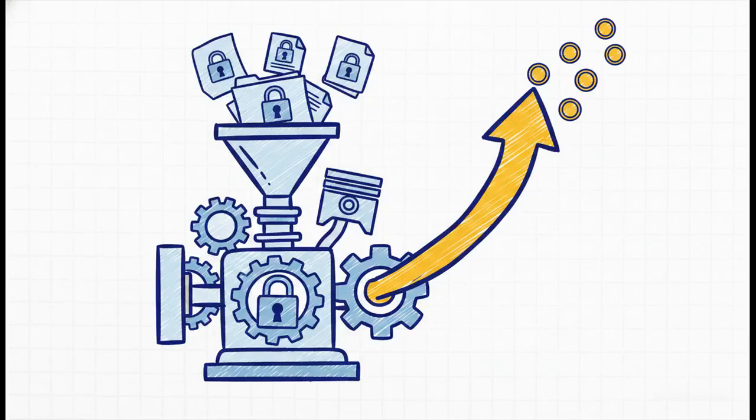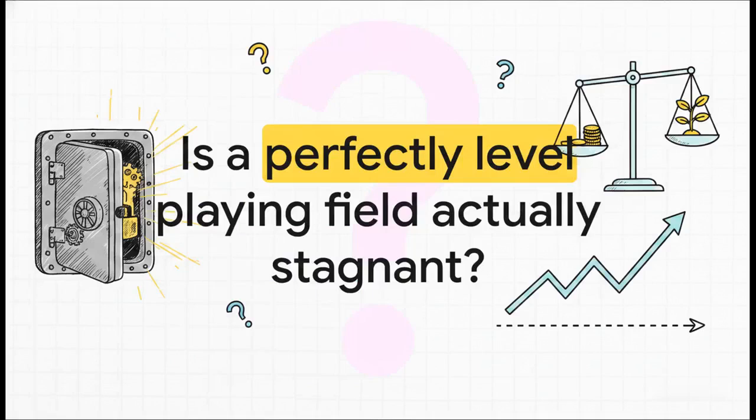As long as information is the primary currency of competitive advantage, these structural lags in public disclosure are always going to exist. It's the ultimate regulatory paradox. We demand transparency from corporations, but we absolutely rely on their secrecy to generate returns. Which leaves us with a really provocative thought to end today's explainer. If eradicating all insider knowledge means eliminating the very secrecy required to build corporate value, is the pursuit of total market transparency actually fighting against the very engine of capitalism itself?